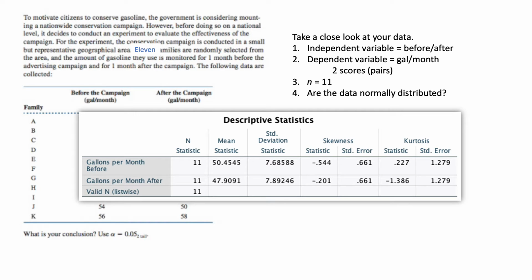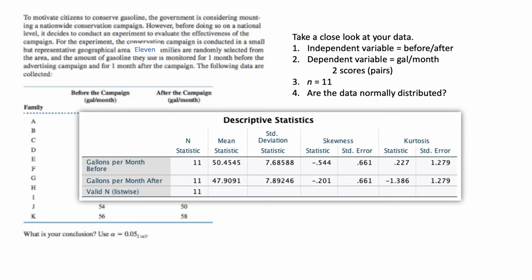Now I'm going to take a close look at my data. First of all, my independent variable. My independent variable is going to be this campaign and the time before and the time after. So it's going to be a measurement of time. And the dependent variable, let me back up and explain that better. The independent variable is this campaign. And so we have to look at pre and post. The dependent variable is the gallons per month,